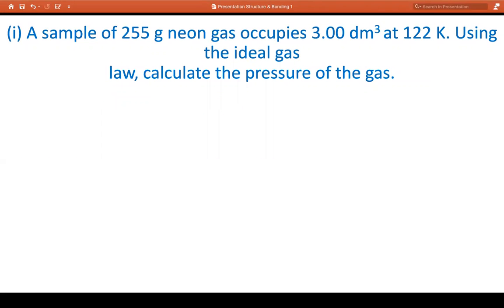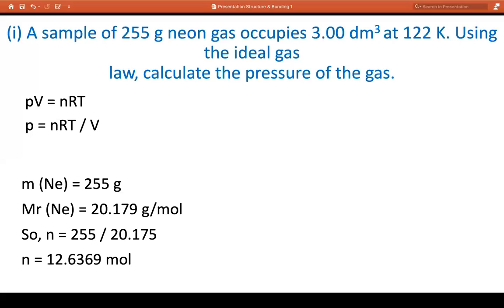A sample of 255 grams of neon gas occupied 3 decimeters cubed at 122 kelvins. Using the ideal gas law, calculate the pressure of the gas. The equation for the ideal gas is PV = nRT. As we need to calculate the pressure, it is going to be equal to nRT divided by V. As we know from the question, the mass of the neon gas is 255 grams. The molar mass from the periodic table is